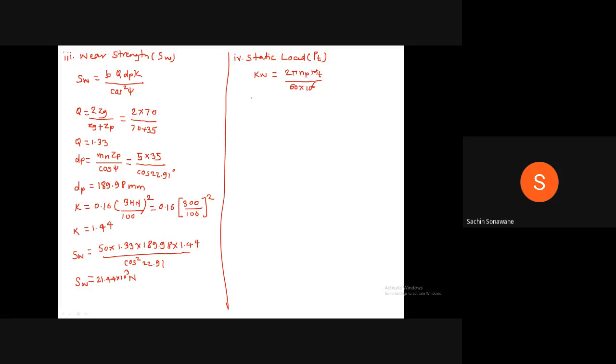Therefore, substitute the values. Kilowatt is equal to 20, 2 pi into 720 into Mt divided by 60 into 10 raised to 6. Therefore, Mt is equal to,